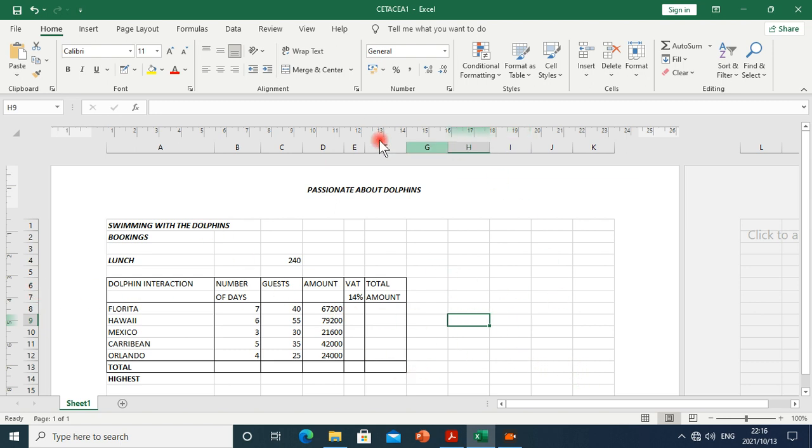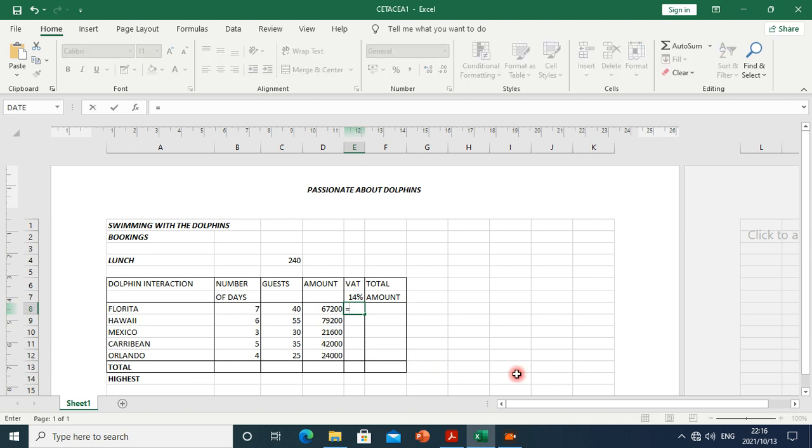Now let's continue. They say to use absolute cell referencing. They say 14% of the amount is equal to our VAT. So here we put an equal sign for us. Then we say amount multiplied by 14%. This is our VAT. You get this error